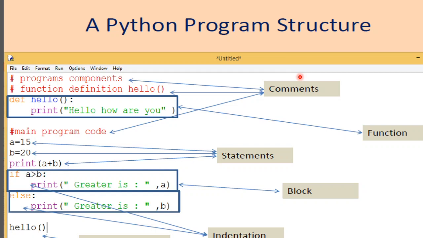A function will only execute when it is called. So the first statement that will execute in this program is this. First this will be executed, then this, then either this block or this block will be executed. After that, this statement will be executed. Here we are calling a function. When the function is called, control is immediately transferred here. After this hello, this block will be executed. So this is the program structure. This is how we can create a program. This is all about the programming structure.